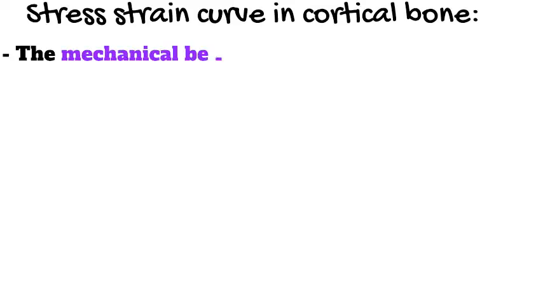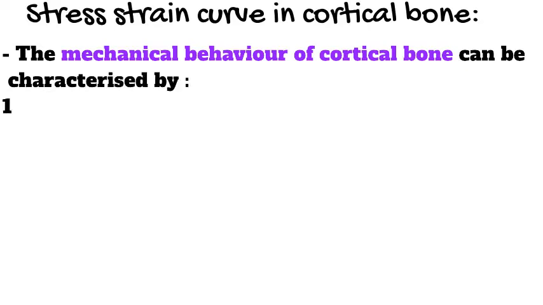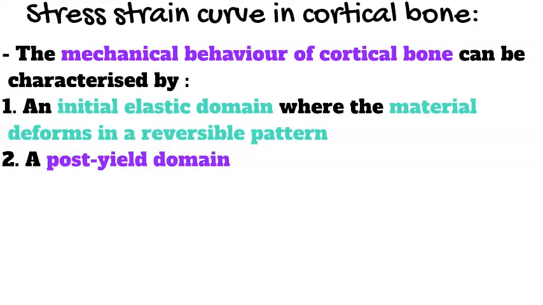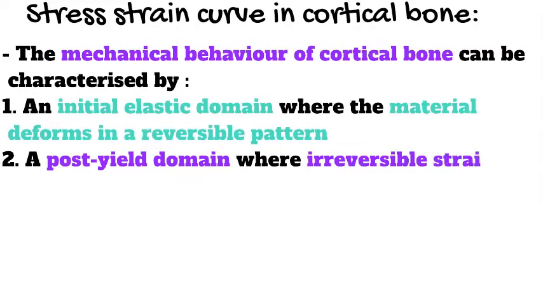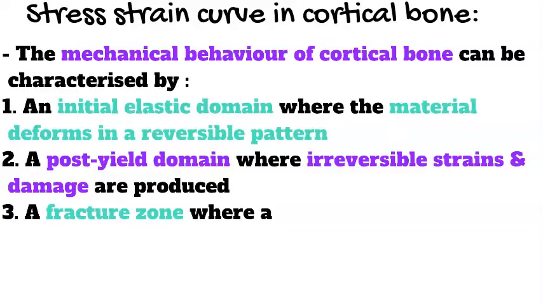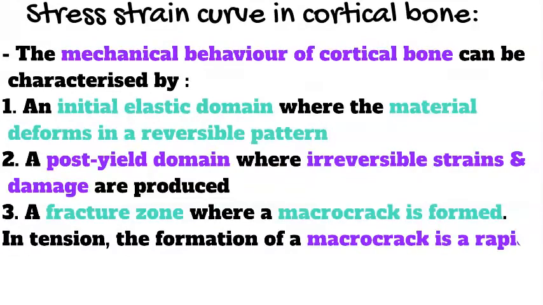Stress-strain curve in cortical bone. The mechanical behavior of cortical bone can be characterized by: 1. An initial elastic domain where the material deforms in a reversible pattern. 2. A post-yield domain where irreversible strains and damage are produced. 3. A fracture zone where a